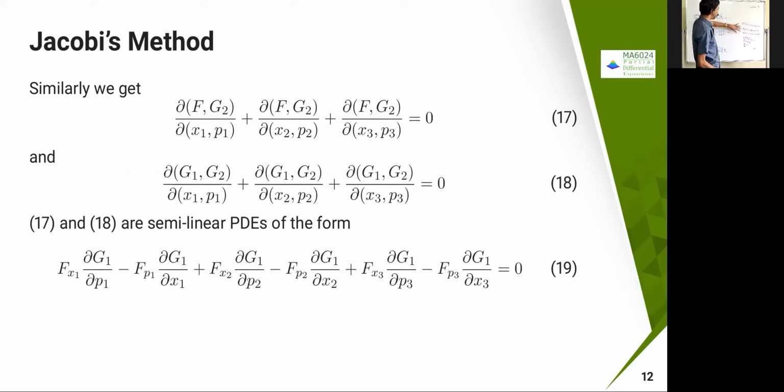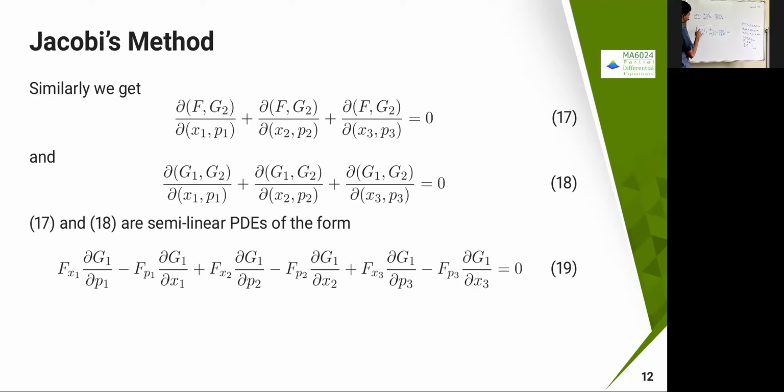Same thing you can do for G2. F, G2 you can do, G1, G2 you can do. Again you are going to get a similar kind of relation. Now if you take 17 and 18, for example I'll concentrate only on this one, 17. If I rewrite this equation in expanded form, what I'm going to get is like